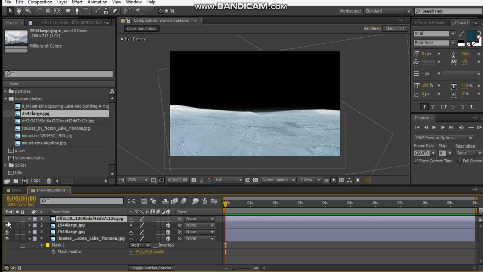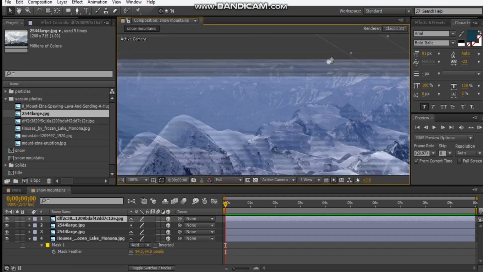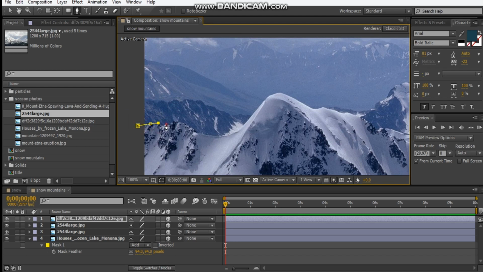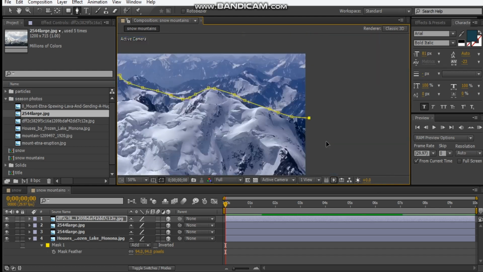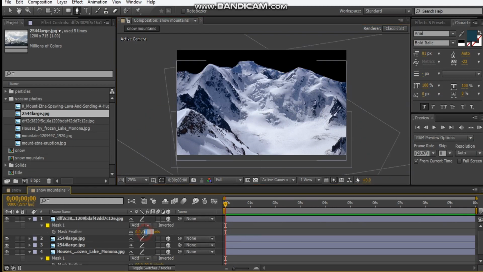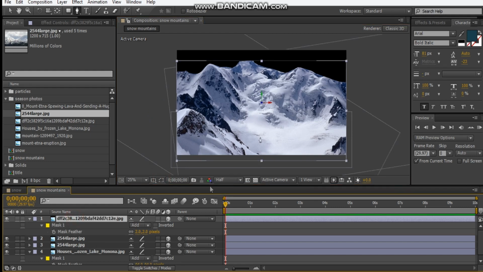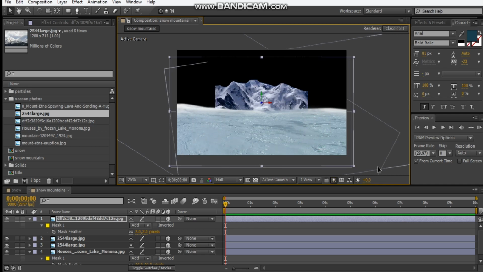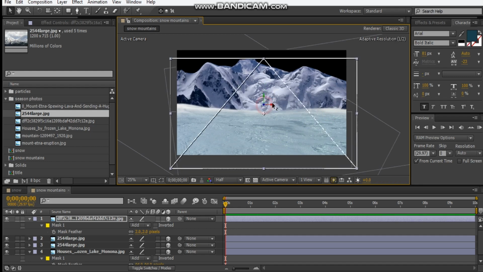So let's grab our background mountains and make it a 3D layer. And just draw a mask, excluding these sky background mountains. So just draw a mask around here, and yeah, once you've done that, hit F, feather it out maybe about 2 pixels. Switch this to half res and just push it out in Z space so it's behind, and then just scale it up and maybe move it around here, maybe push it further back in Z space